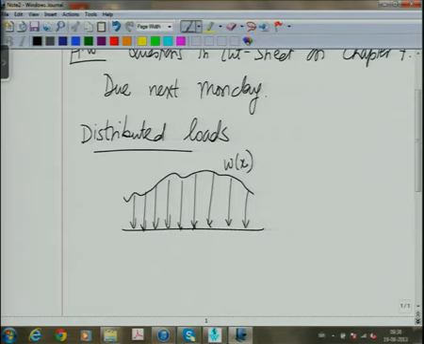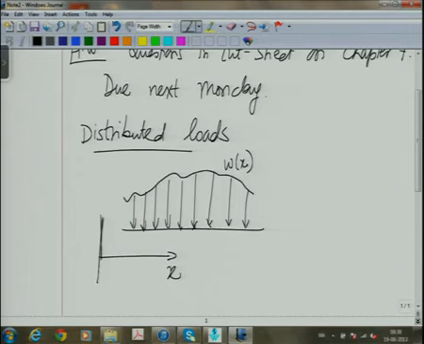and on a section of this, let us say this is our x coordinate. I have drawn a broken beam; there may be something at the start, there will obviously be some support either at the left or at the right. I am just showing a section of the beam where there is a distributed load and the load is given